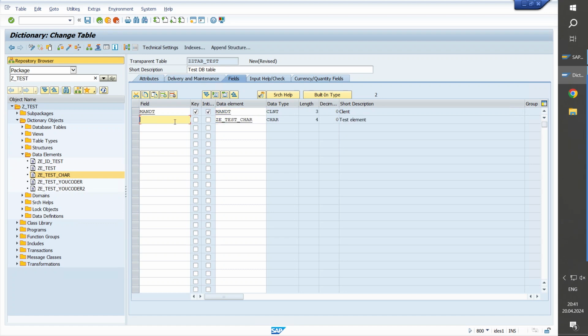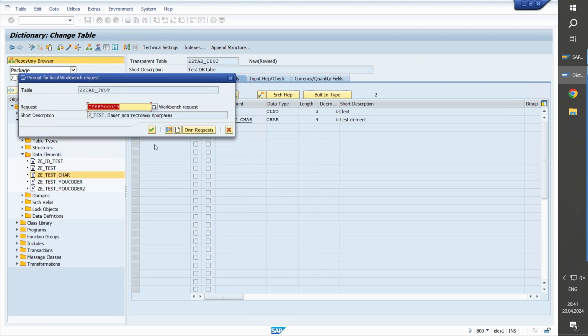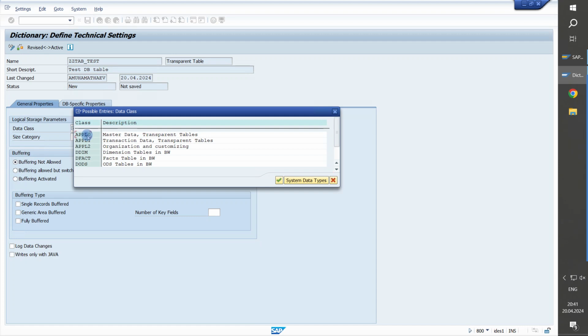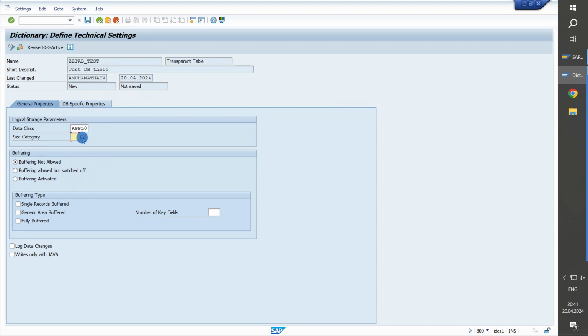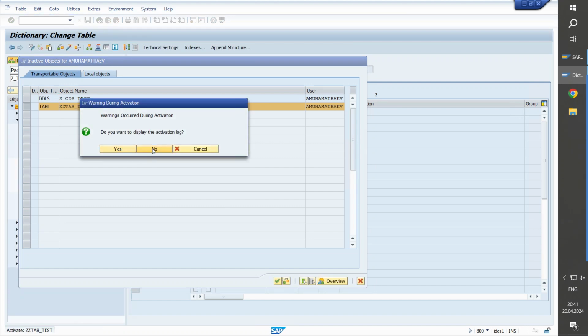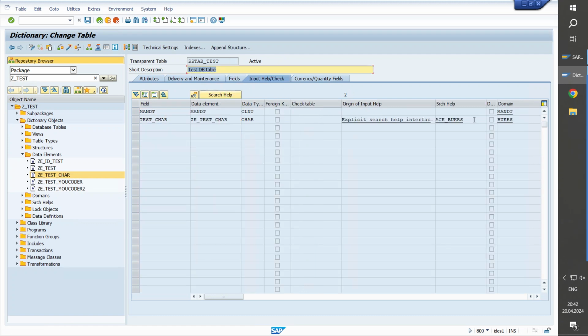Now our field, activate table, save. This is random. In future I will tell you what this is. Activate. No. Okay, table activated, and also we see our search help.